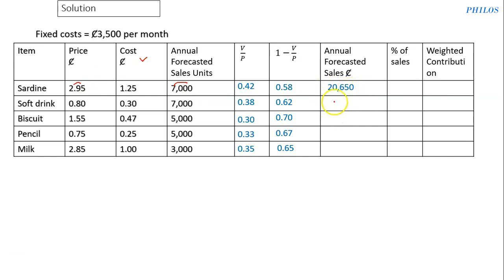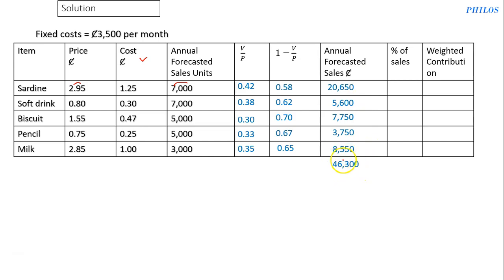Then the next one should be 7,000 times 0.8, and that will give you 5,600. And the next one, 5,000 times 1.55 will give you 7,750. The next one, 5,000 times 0.75 will give you 3,750. And the last one, 3,000 times 2.85 will give you 8,550. Okay. So after getting the annual forecasted sales in cedis, then you add everything together, and that will give you